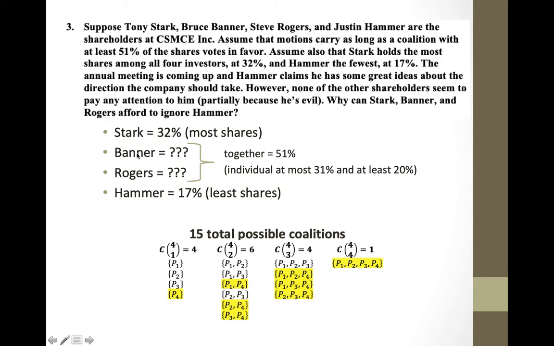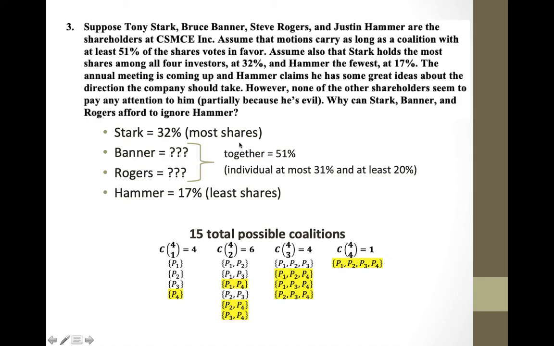They don't tell us how much Banner and Rogers own, but if all of them have to add up to 100%, because there are only four shareholders in this company, then together those two would have to add up to 51%. Now we know that Stark owns the most at 32%, so individually each of these would own at most 31%. Maybe they only own 30% or 29%, but the most they can own is 31%,